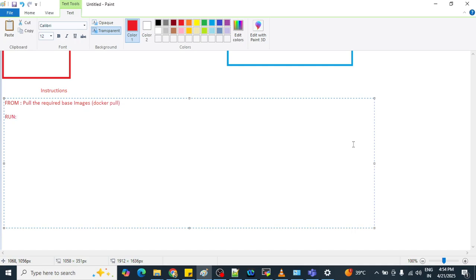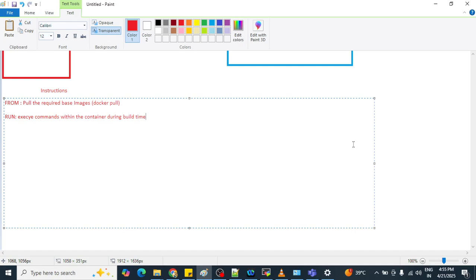The next instruction is called the RUN instruction. RUN instruction means where we execute commands within the container during docker build time only.